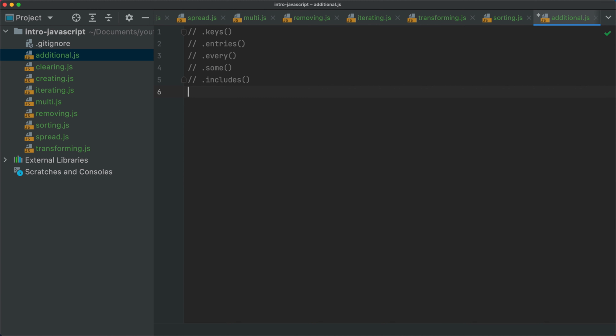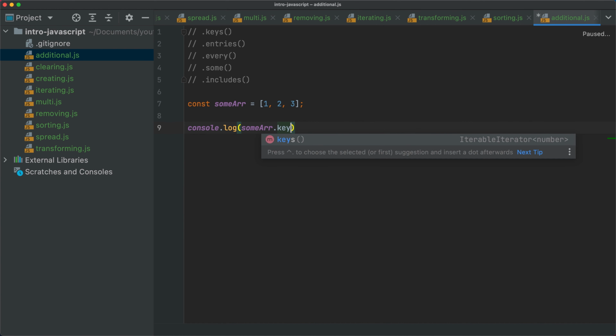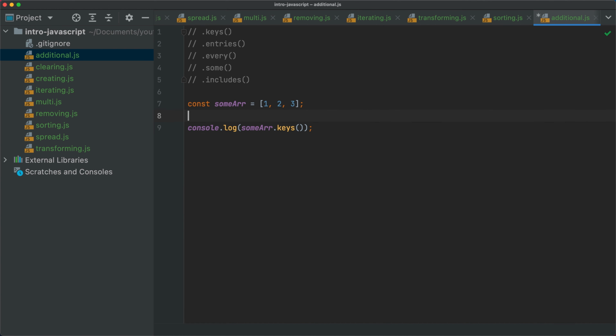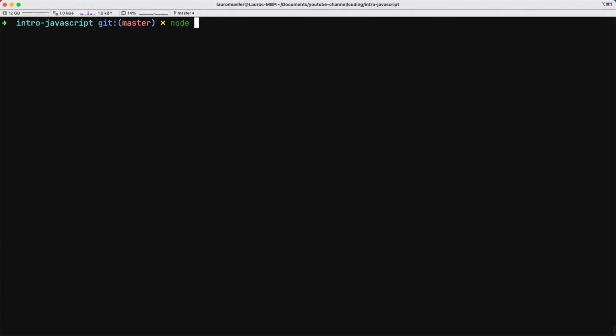Let's start with the keys method. What the keys method does in the context of arrays is that it returns all the indexes of the array. So some array here, and for the sake of being brief, let's say 1, 2, 3. If I were to console.log someArray.keys, this is going to return 0, 1, and 2. Actually, let me change this to letters because the entries here may get a little bit confusing if you are not familiar with arrays. So A, B, C, and the keys is just going to return the indexes. Here, let's clear the whole thing and run node